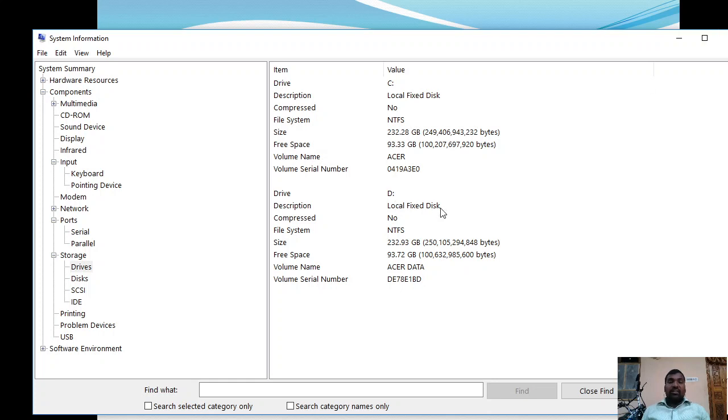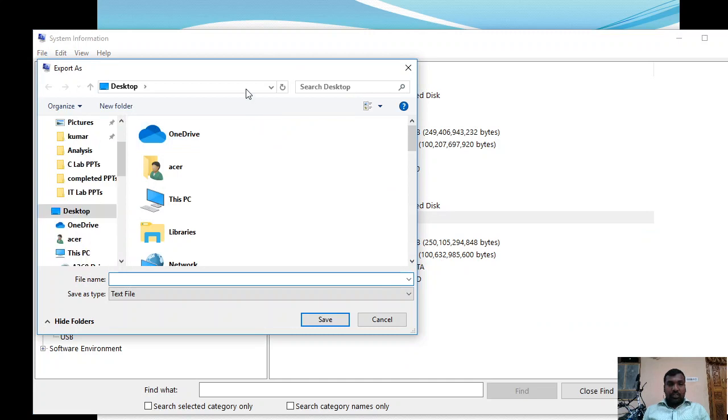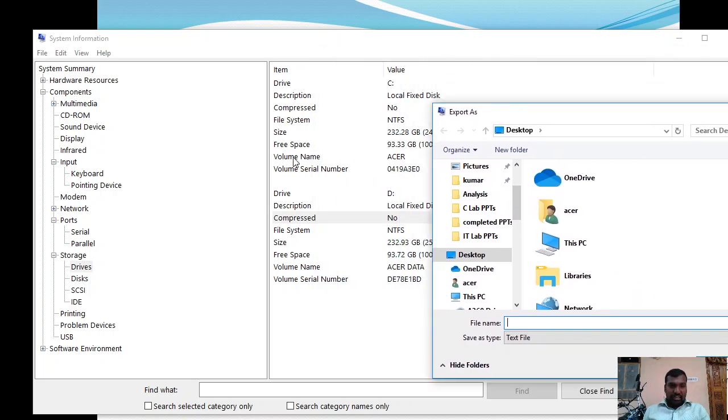Now we also discussed exporting the information. Now I want to export this particular information, so go to File and click on Export. Then after selecting the export command, it is asking about the location where you want to save these configuration details about the hard drive.